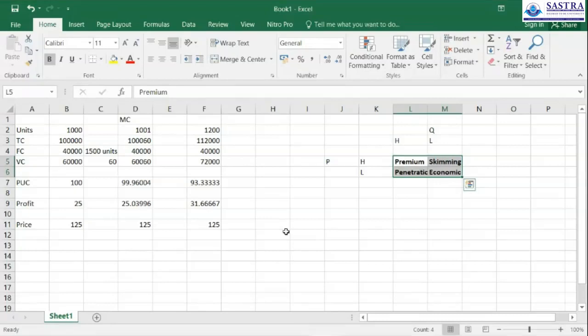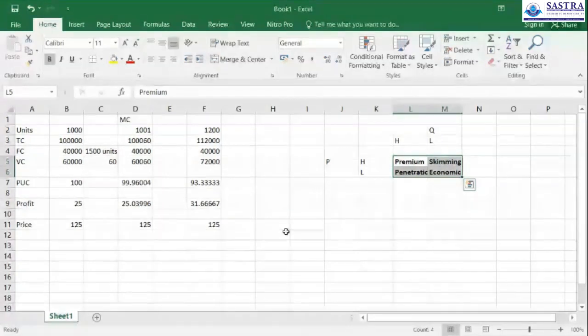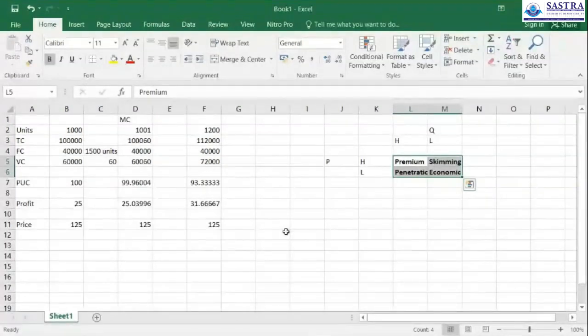In skimming price, a low quality product is sold at a high rate in the market. For example, during the pandemic we purchased hand gloves, which were relatively low quality, but such products were sold in the market for a high price. That is what we consider skimming price. At that period, what would be the maximum profit that can be extracted from the market? So we call it skimming price.